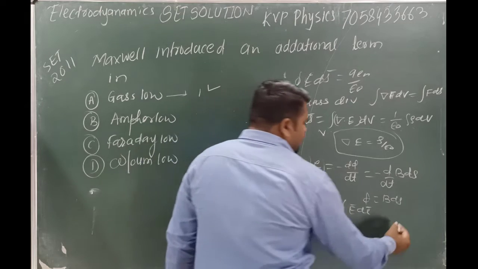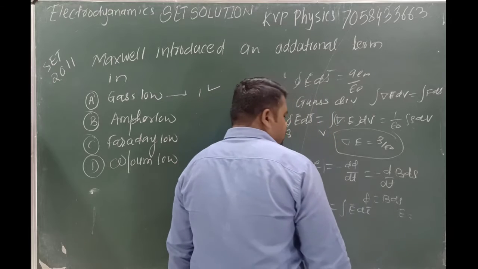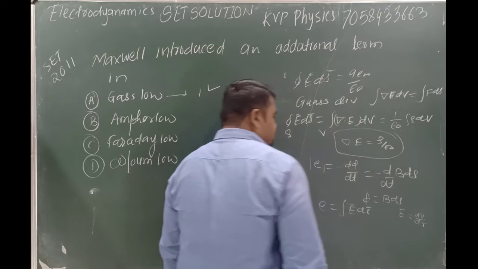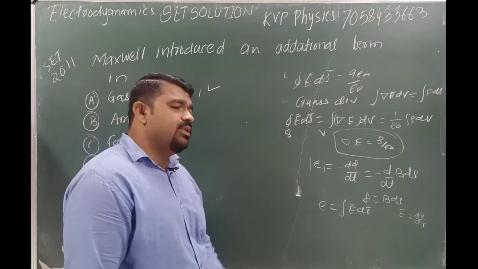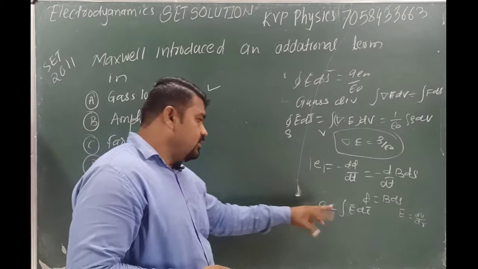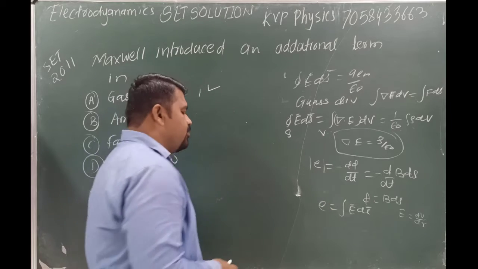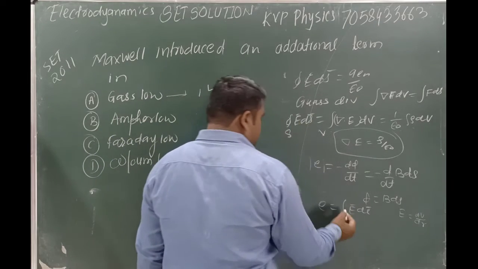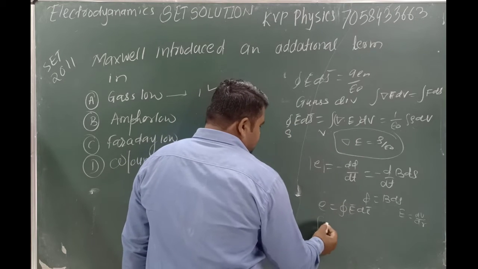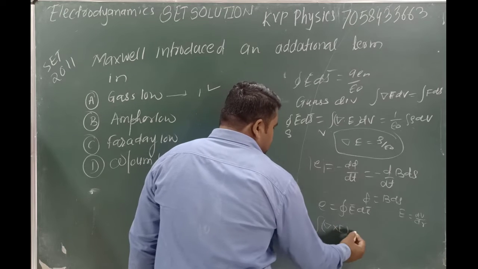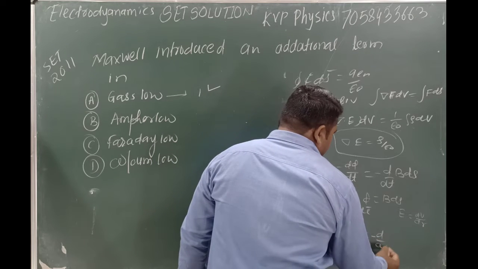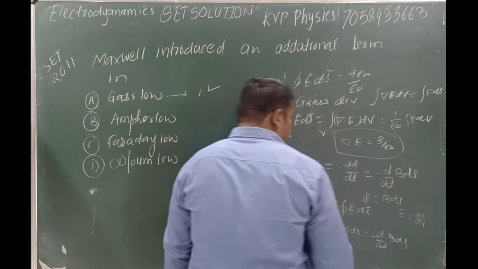We also know the relation E is equal to minus dV upon dr, then V is equal to integral E dr. V is nothing but the electromotive potential. EMF is equal to closed integral E bar dot dl bar. Now we can write the closed integral into a surface integral. Then this becomes integral del bar cross E bar dot ds is equal to minus d upon dt of integral B dot ds.